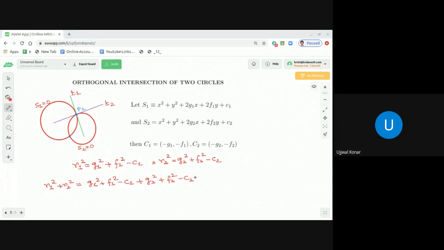That is R1 square plus R2 square. So then what we are going to do, dear students, is that from here what we can write is that that is equal to